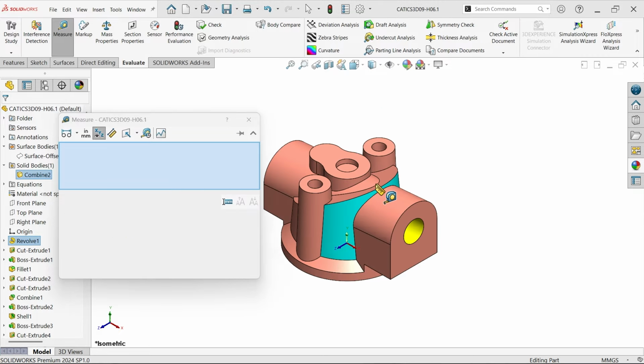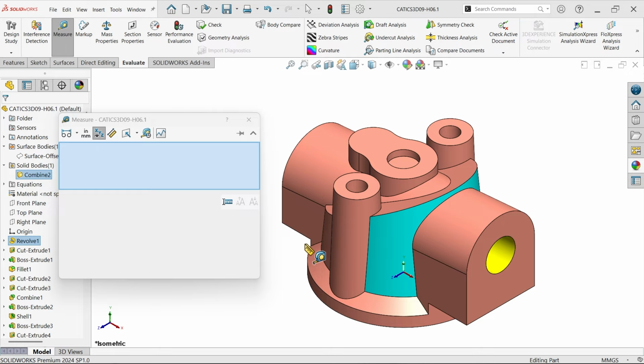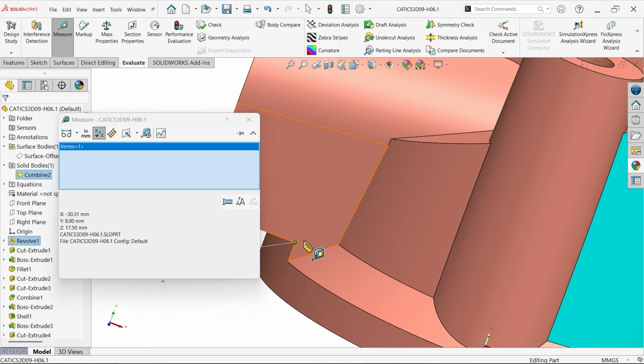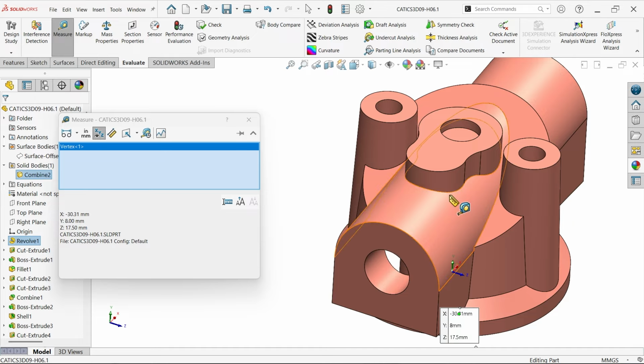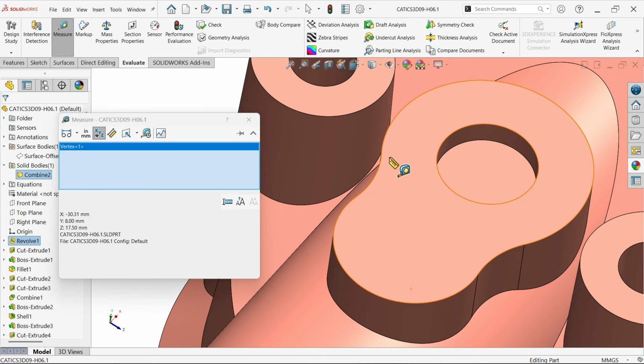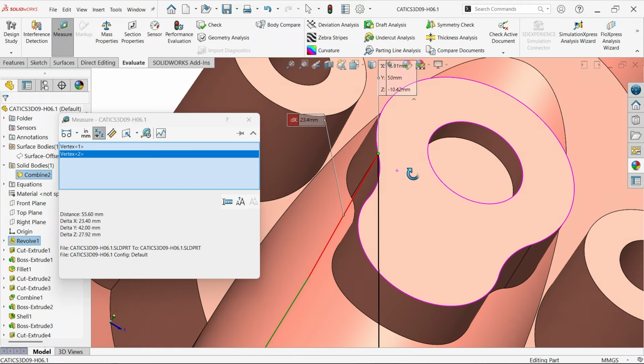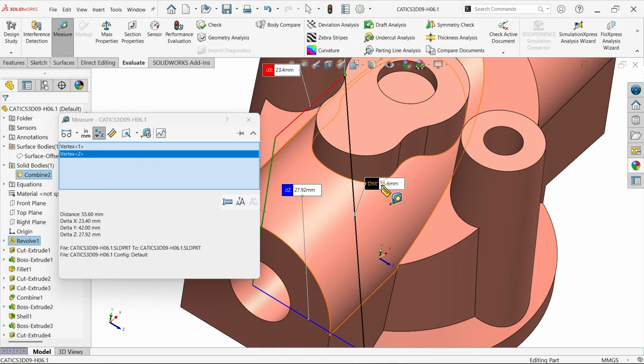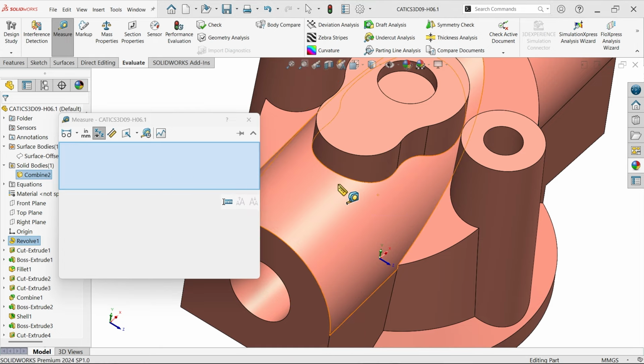Clear. Okay, select this point to tangent of this surface. See this distance 55.6. This is exactly what we need. Okay,